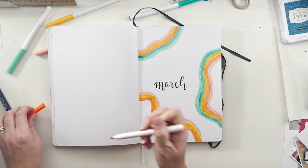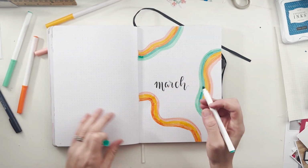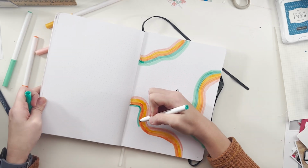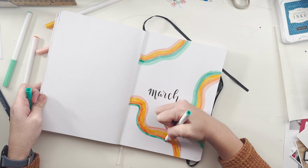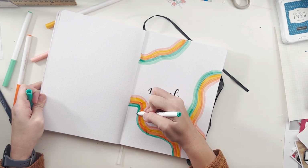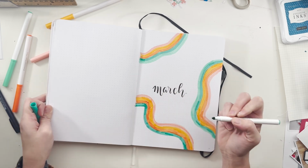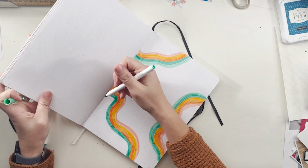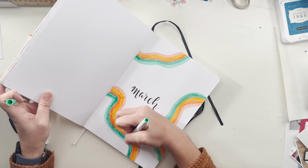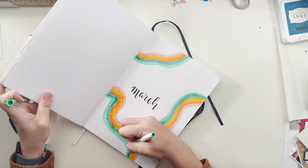So another thing that these colors did very well is match my Tim Holtz Distress Oxide line. And lo and behold, I had just swatched all of my Distress Oxides because I'm getting to a point where I have a lot of them, so I'm forgetting which ones I have and I don't have. So you're definitely going to see later on in my weeklies, when I start putting them out, that